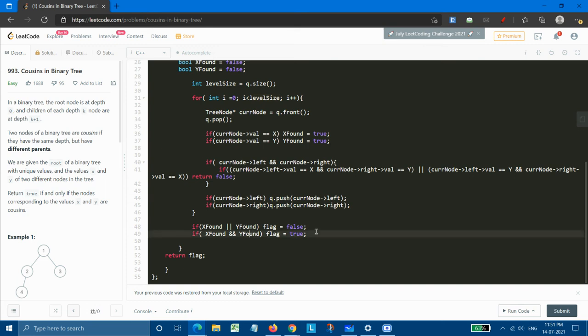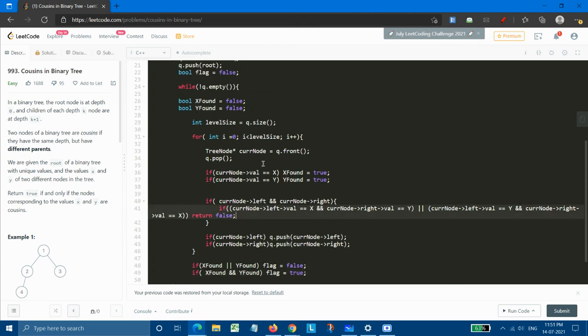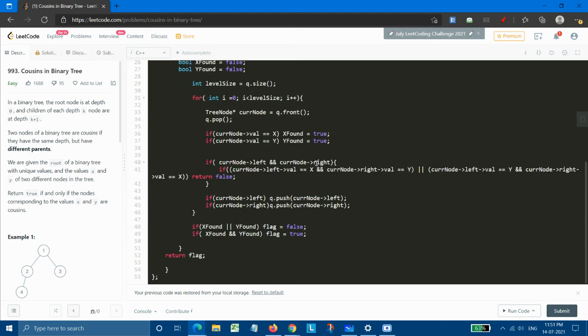If both of them were found, then it will set flag equal to true, and it will again move to the start of the while loop until our queue becomes empty. When our queue is empty, if there is no update in xFound and yFound, then whatever was stored at the previous state of the flag will simply be returned. So this is how this code will work.